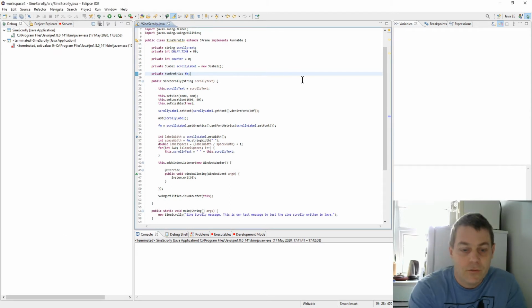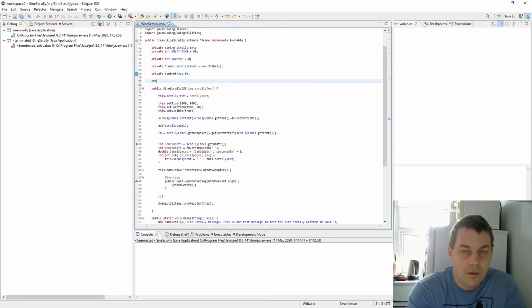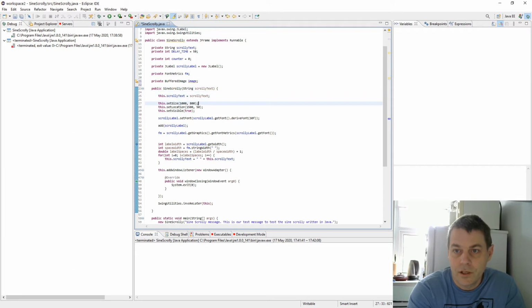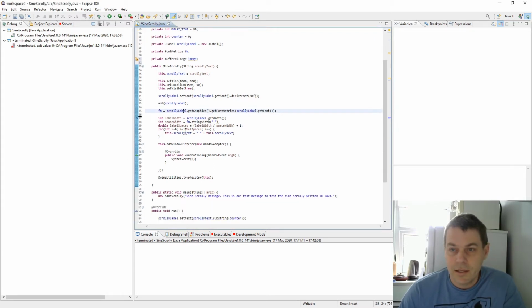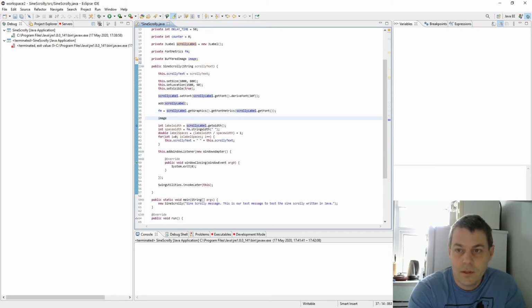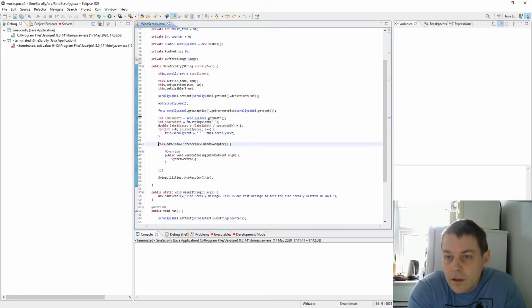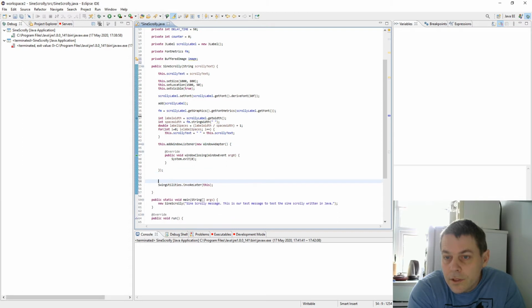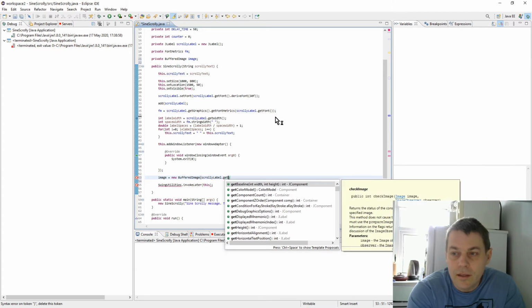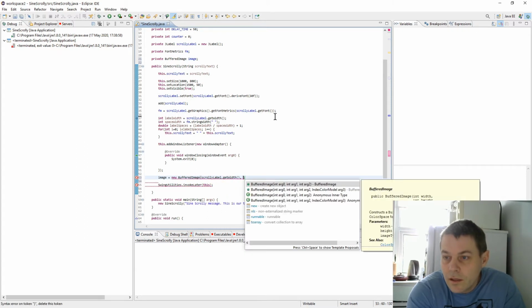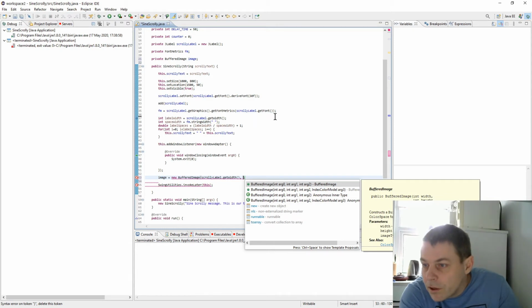Now we're going to start making our scrolling message move 1 pixel at a time. So I'm just going to define a private buffered image. I'll call it image because there's only going to be one image. And we will create it and make it the same size as the label. Image, what are we doing here? We can just do it down here. New buffered image. So scrolly label, this is the width, and then the height, and arg2 is image type,